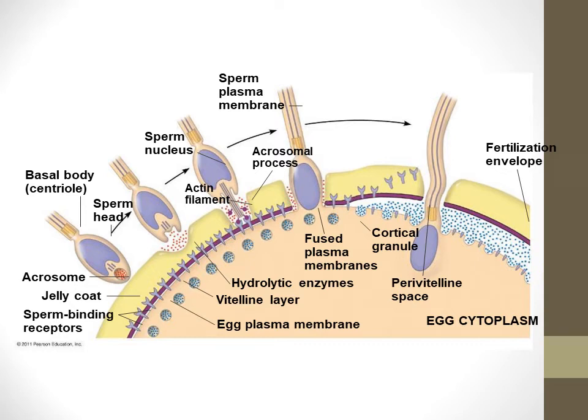You can see the detail of how the sperm head, called the acrosome, interacts with the ovum, how it enters, and then the actin formation, the actin filaments entering the vitelline layer, then the acrosomal process, how they fuse into the plasma membrane,